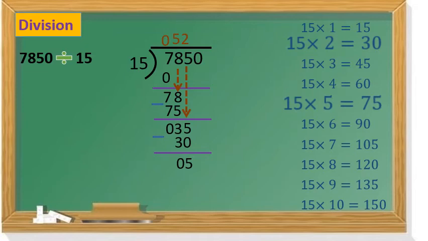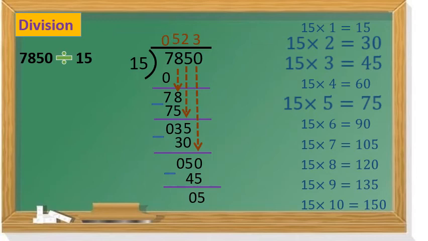Again smaller. One more number is there in the dividend. So we will take that one down. That is nothing but 0. Again we will move to the table. Come on dear students, tell me. Yes, correct. 15 threes are 45, we have to use. I will write 15 threes are 45. Minus sign. Again 50 minus 45 is 5. Now our numbers are finished. No numbers are there in the dividend.